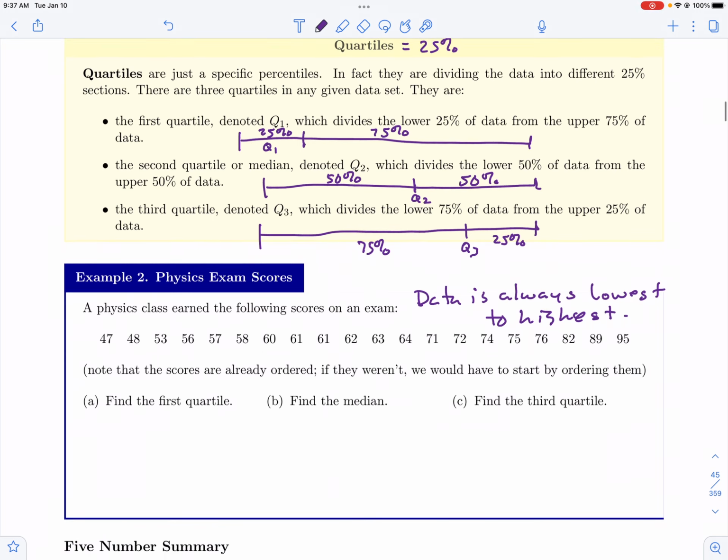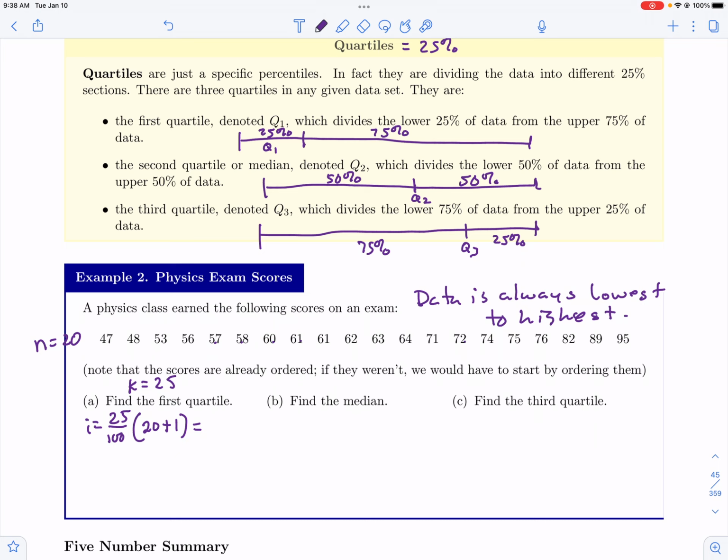All right, so for our quartiles, our K for this one is going to be 25 for our first quartile. And so first we have to figure out how many exams we actually have. So we have 1, 2, 3, 4, 5, 6, 7, 8, 9, 10, 11, 12, 13, 14, 15, 16, 17, 18, 19, 20. So our N for this is going to be 20. So now let's figure out our index for the first quartile. So I equals 25 over 100 times 20 plus 1. And so throwing this in the calculator,